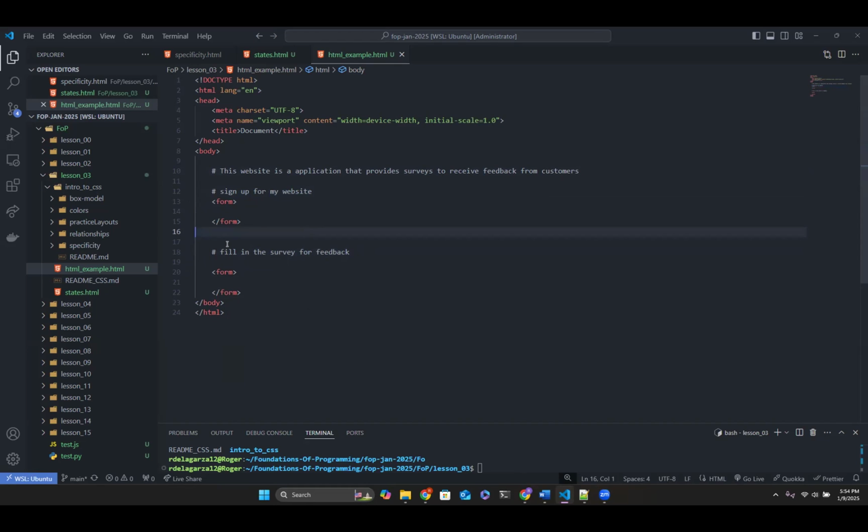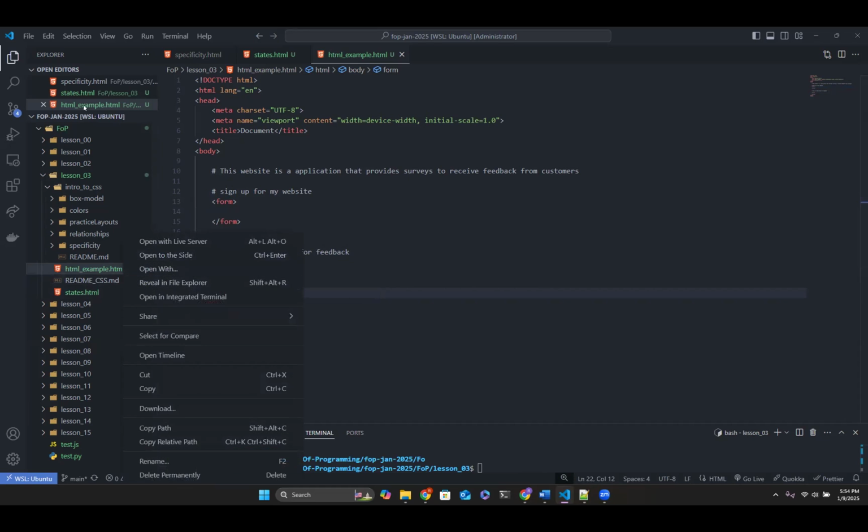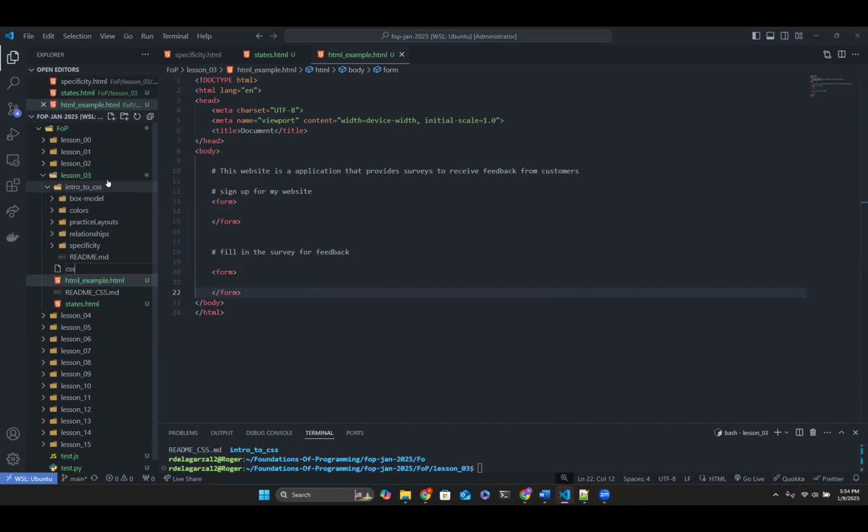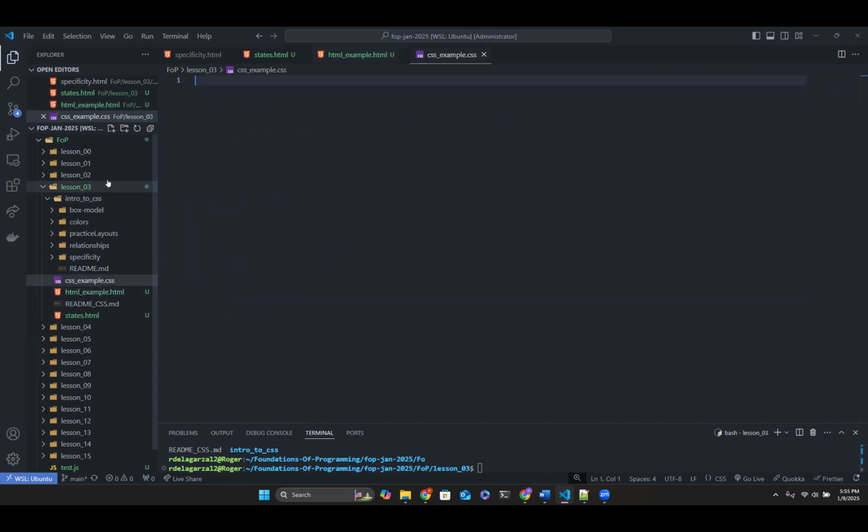But I have two different forms on my website, right? And for some reason, I want to have a specific styling for this form and a specific styling for this one. Well, it would make it very difficult to style this. Let's add a new file in here, example.css.